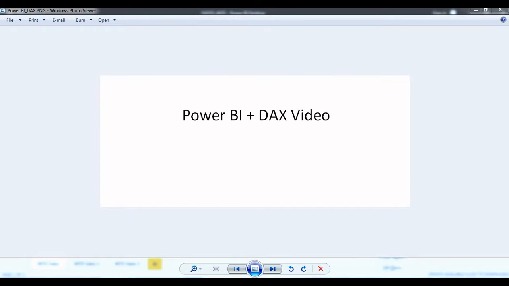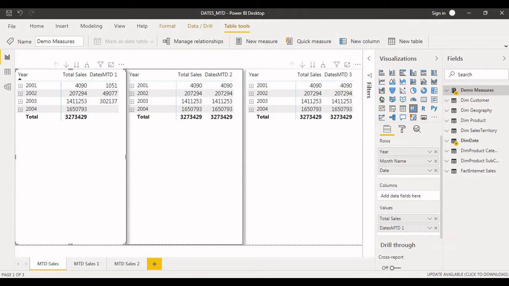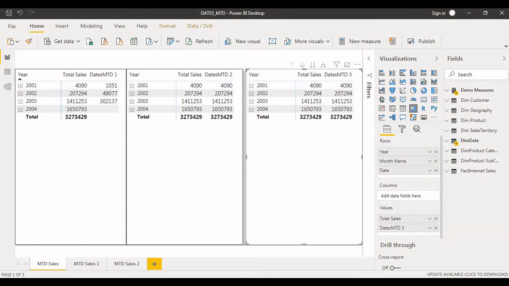Now let's go to the Power BI desktop, where you can understand today's video demo. For timing, I have already designed the report, so I'm going to explain each and every step of what I've done here. Before getting into the details of the report, let me explain what tables I have imported